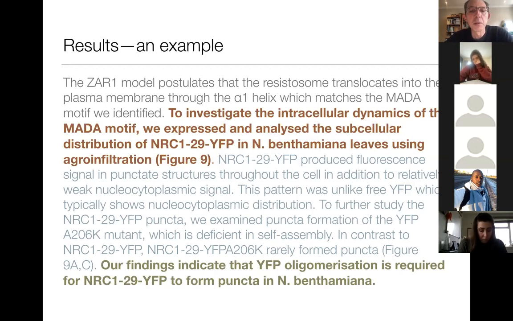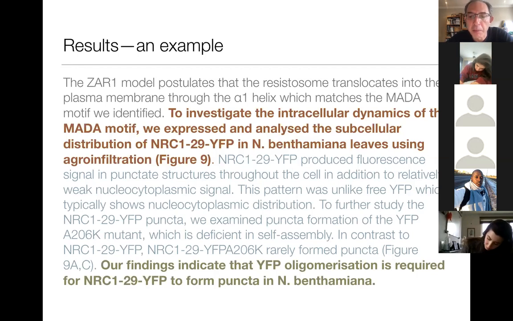The second sentence, the one in red, is an easy one. When you write it, you always start by saying, to do this, we did that. So here, to investigate the intracellular dynamics of this motif, we expressed and analyzed this protein in benthamiana leaves